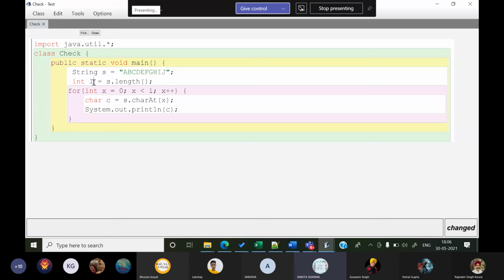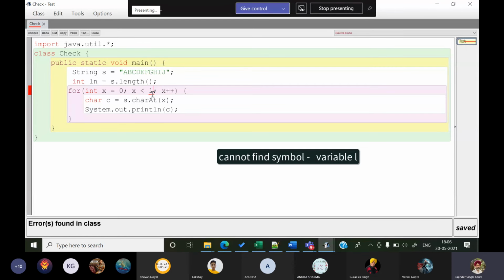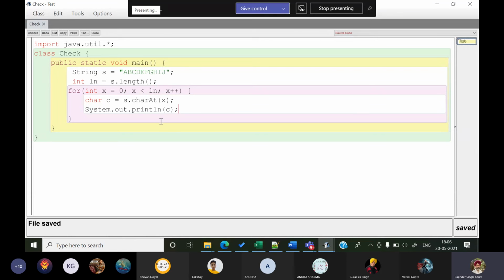Sorry, sir, I thought it's 1. Okay. Let me change that. That is the problem with L. This is fine now? Yes, sir. It goes from 0 to less than L. So that means the length of this string is 10. It will go up to 9. So 0 to 9 characters होंगे जो कि extract करके display करेगा.